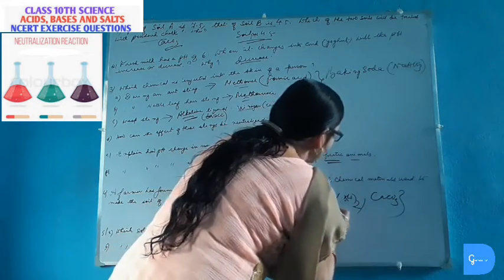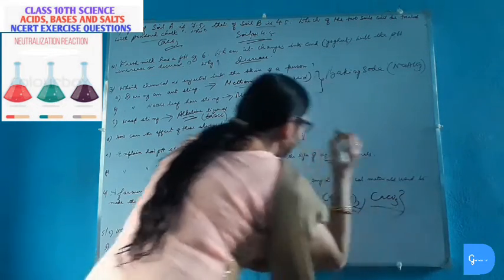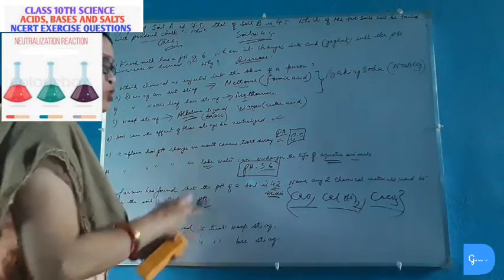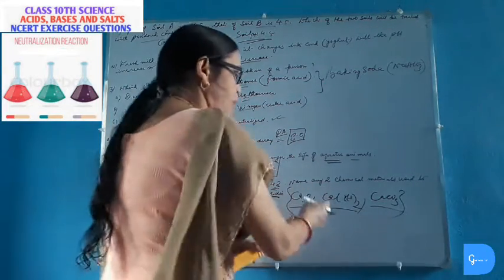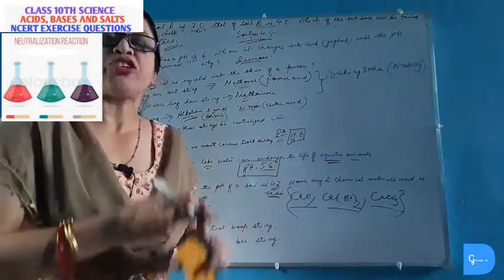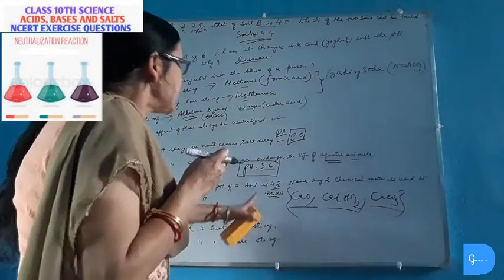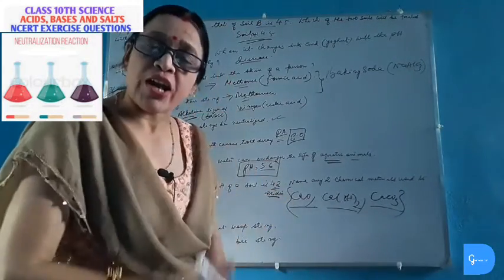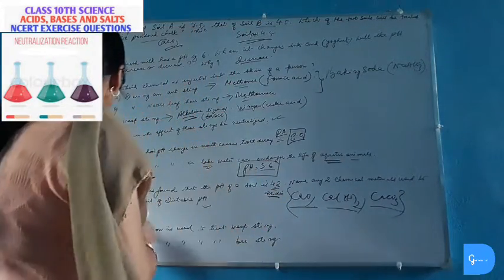By sprinkling calcium oxide or calcium hydroxide or chalk powder in the soil and mixing the soil with this chalk powder, we can make the soil suitable for the growth of the plants. And thus, the acidity of the soil is neutralized by using chalk powder.